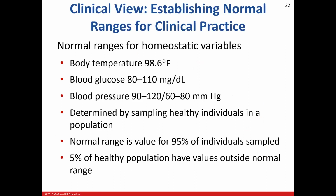Normal body temperature is 98.6. The range for that is